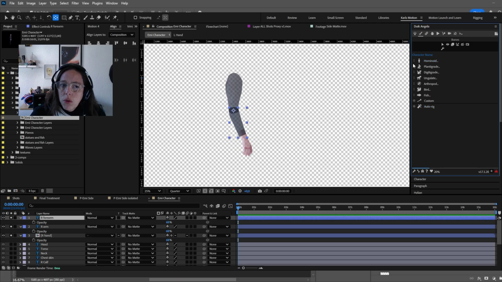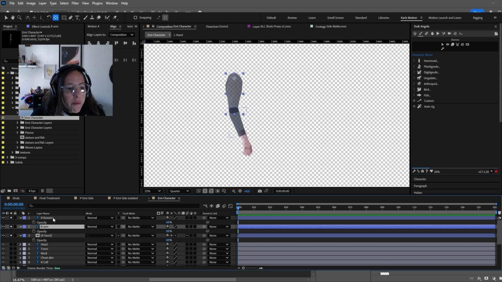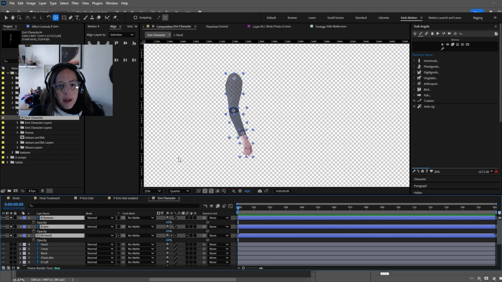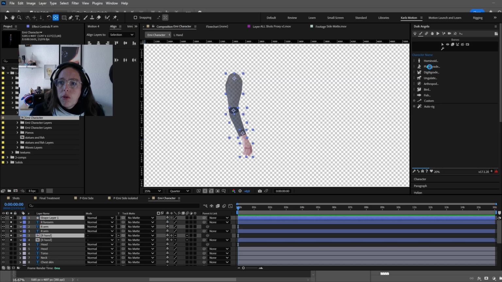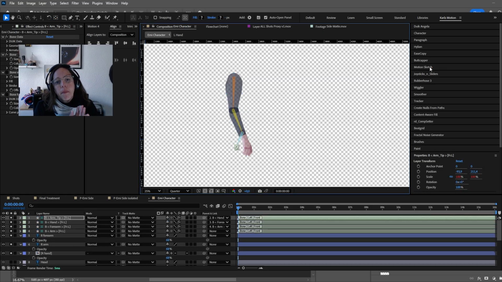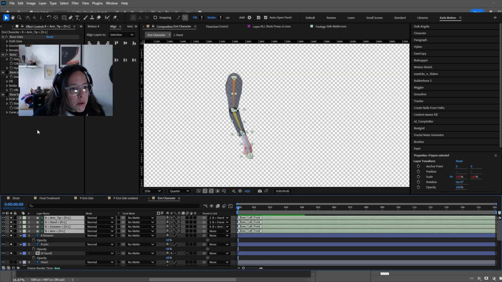You can choose to do a whole skeleton of bones, but now I'm gonna do it by pieces, right? So I'm gonna choose from down to the bottom, my arm, and then my forearm, and then my hand with the anchor points already in place. That's very important. And I'm gonna choose arm. And there you have it, you have a bone. My bones, I always label them the same color as well,